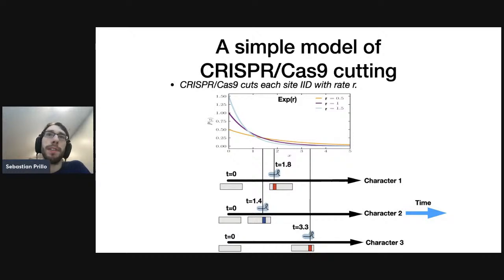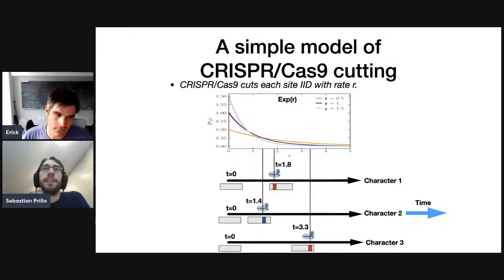And we're going to assume that different sites get cut independently and get cut with the same rate R. So here, what you're seeing is just the density of an exponential distribution with different parameters. And down here, what you're seeing are 3 barcodes, or 3 target sites in our little toy example. And so the amount of time that elapses between the start of the experiment and the time that a target site gets cut is exponentially distributed with this parameter under IID. Okay, so if you do this,